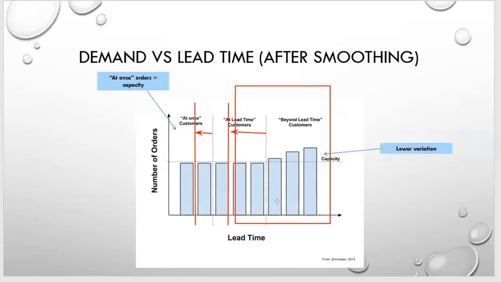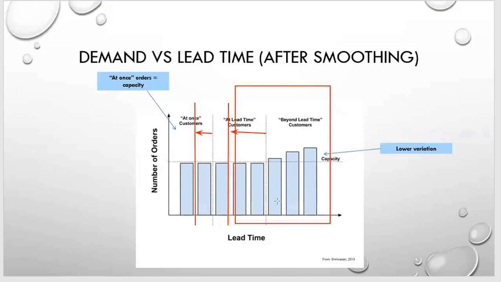Okay, and at the same time, if you reduce your lead time, especially your lead time and your lead time variability, that reduces the amount of inventory you have to maintain in your system. Because don't forget, when you calculate how much inventory you have to have in the system, you basically calculate how much you need for a certain period of time times the amount of time periods it takes to get the